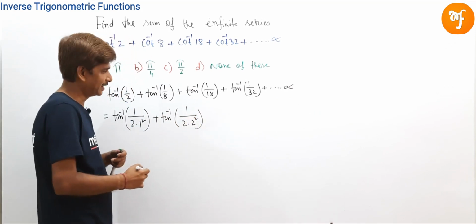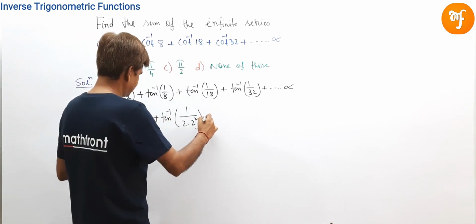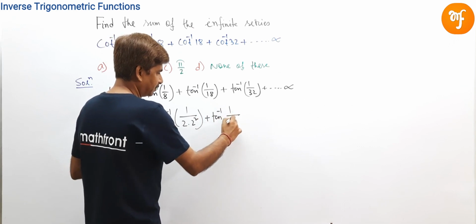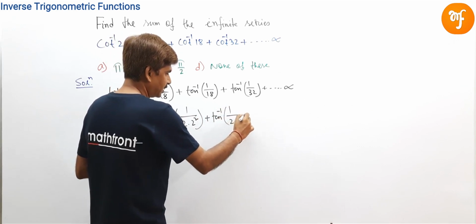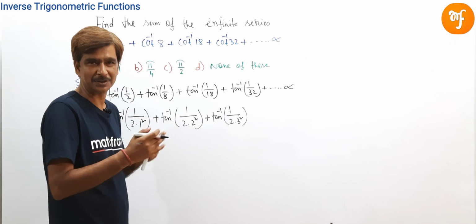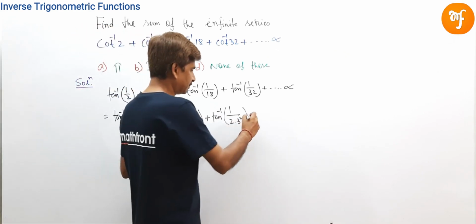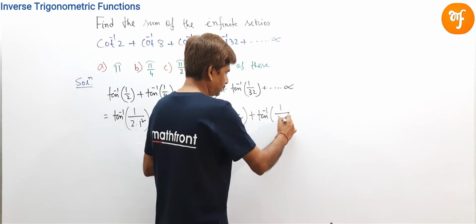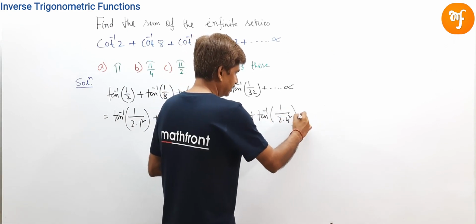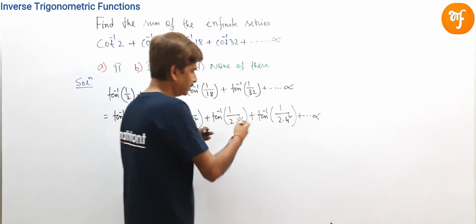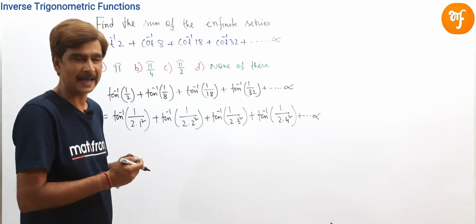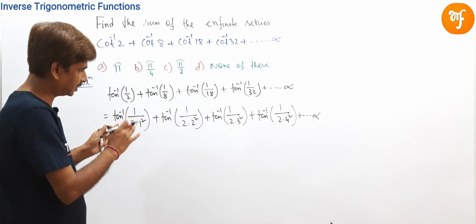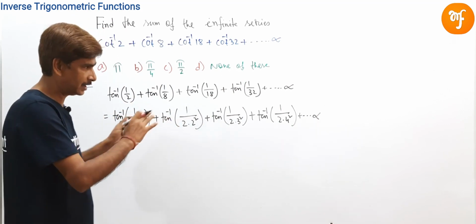The third term can be written as tan inverse of 1 divided by 2 into 3 square, because 2 into 3 square is 18. The fourth term can be written as tan inverse of 1 divided by 2 into 4 square. So in this way, we can arrange each term. It is clear to us by looking at each term that the nth term of this series